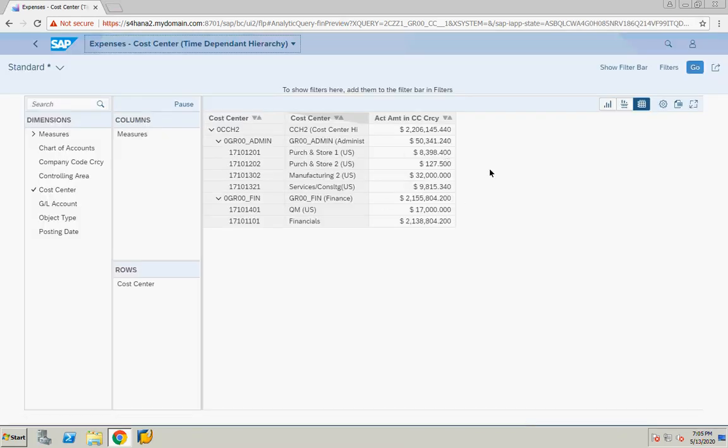I posted in FB50. FB50 is the normal FA transaction we post, right? Oh, you posted there, I see. The normal way, right? But this is not group reporting data. This is a normal transaction. I see.